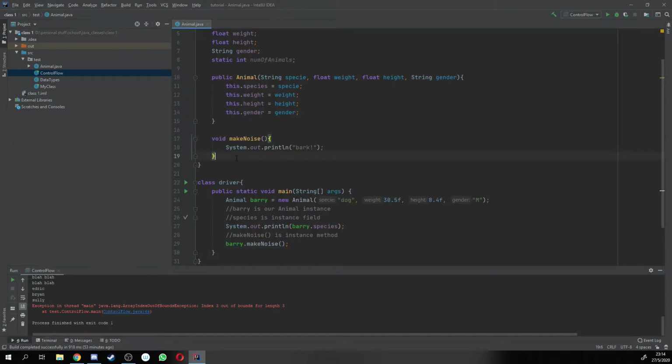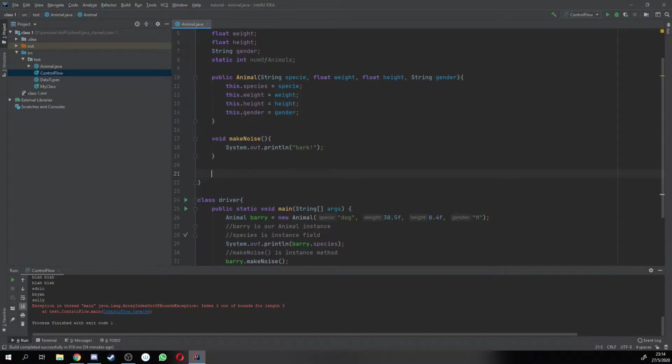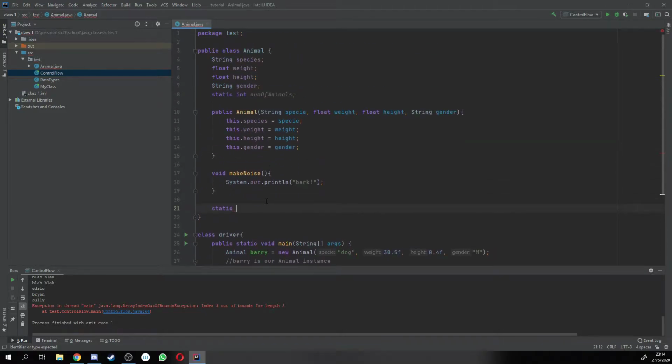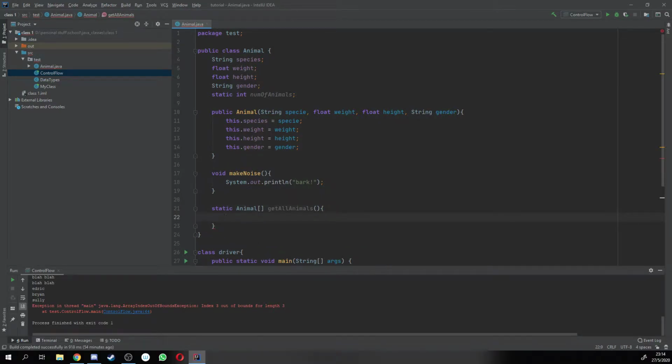Okay. So now let's do a static method. Okay, so I can say static, okay, let's say an animal array, get all animals. Okay, doesn't need to take in parameter. Can just return